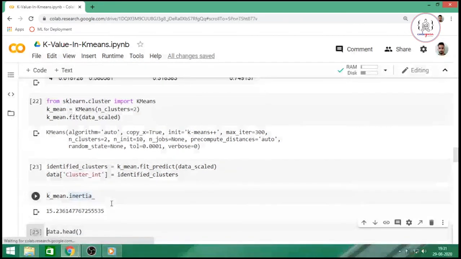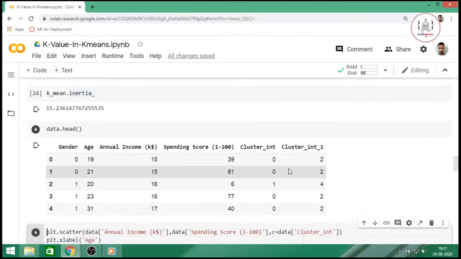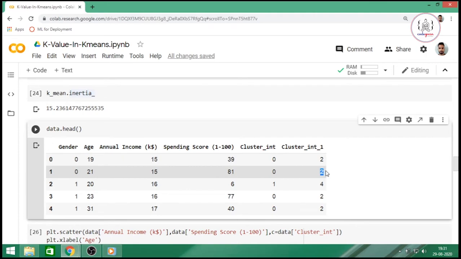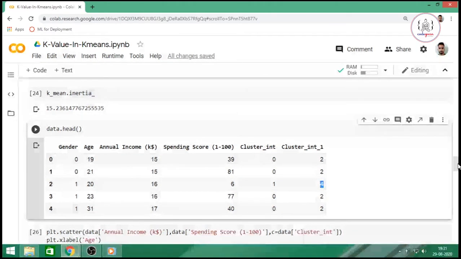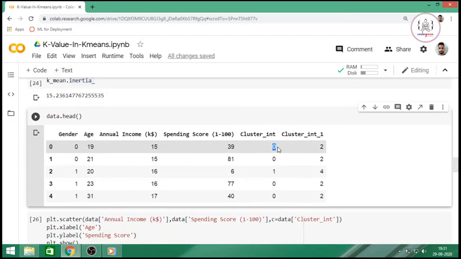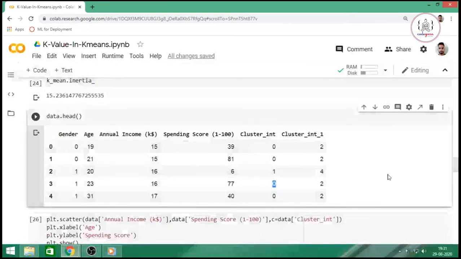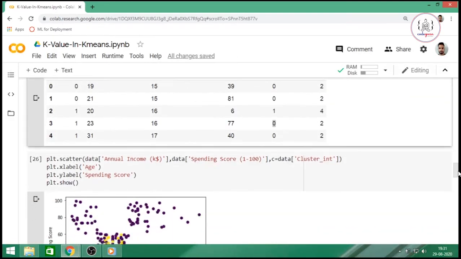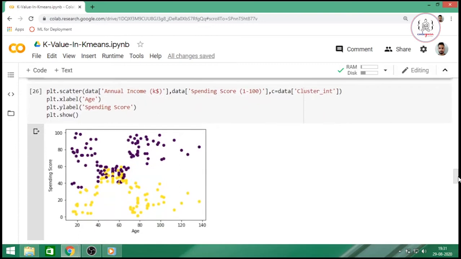Let's check that. This is our cluster int, with zeros and ones. Now let's plot the clusters that we have formed. This is the clustering that we are getting with 2 clusters.